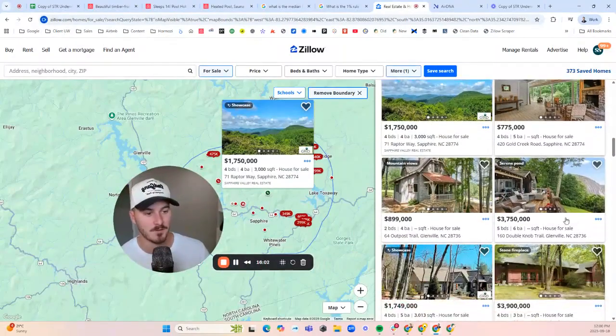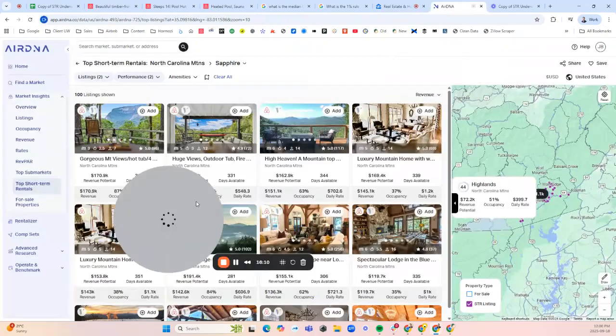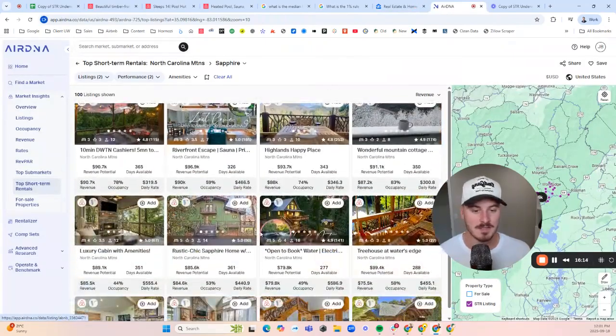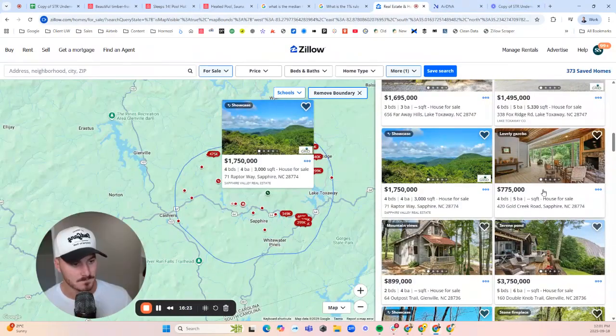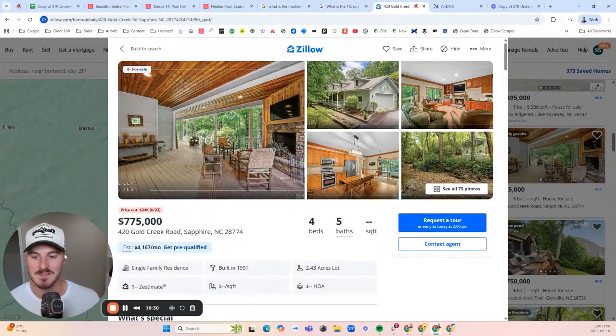And if you even look a little further down, you can see another one with good views that's selling for $3.7 million. You go, well, that's obviously not going to work. And so then we have the second category here of homes that are making roughly about $75,000 to $80,000, right? We start to see these show up, no view, just a sort of cabinish feel to it. And if we go and look on Zillow, we can see this home right here has no view. You can just tell because they would show off the very first photo with the view if they had it. And this is going for